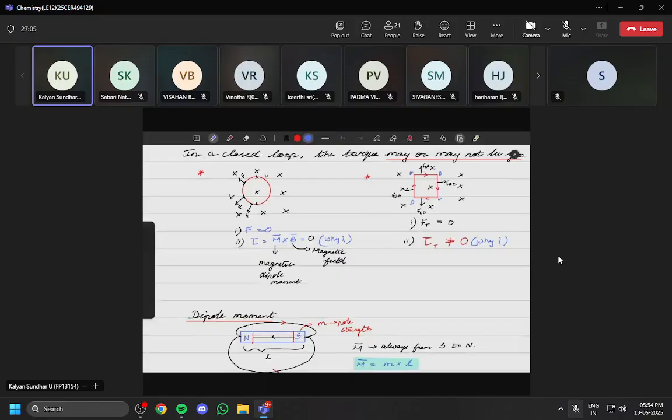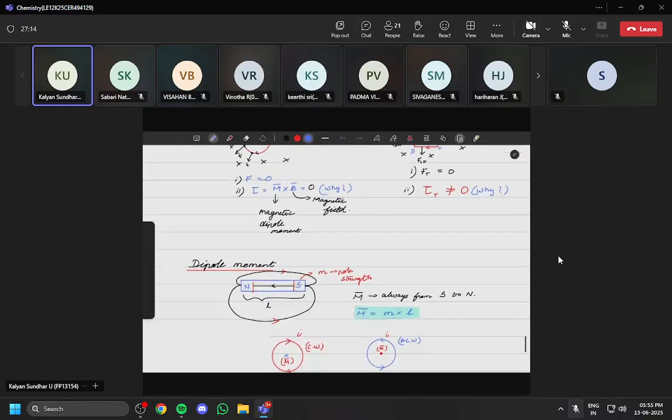And whenever there is a closed loop, the summation of forces will always be zero. But torque may or may not be zero. ஏன் அப்படின்னா torque is the one which depends upon your magnetic dipole moment as well as your magnetic field, right? And இதை பேஸ் பண்ணி தான் next we have seen how to find out the direction of